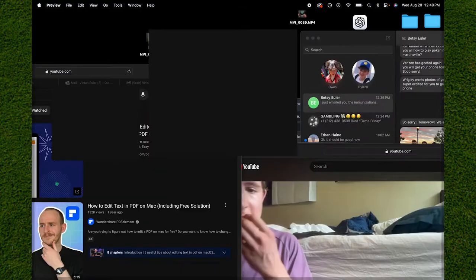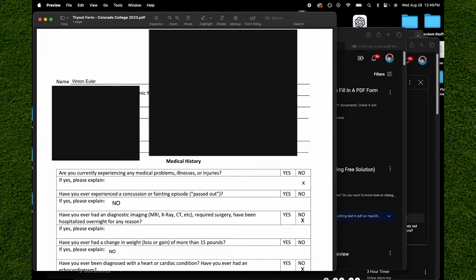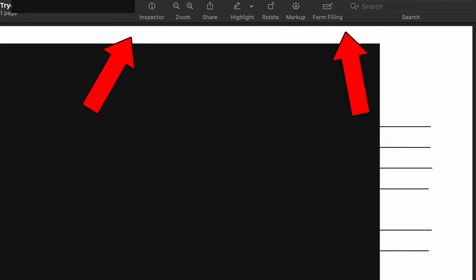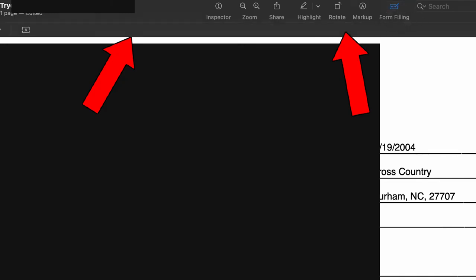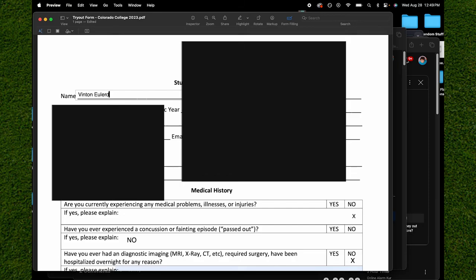You just want to double click on the form like so, and it will bring you to this page like so. Now to edit it, you can see up here we have a variety of different options. And if you want to edit this form, all you have to do is click on the fill out form option here, where you can actually type in your name or any information that you want to on this form. And to actually save this info, you just want to click on the X up here,